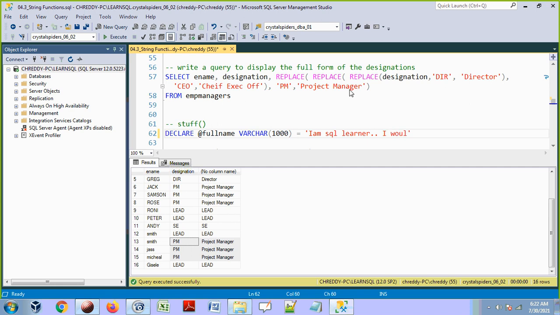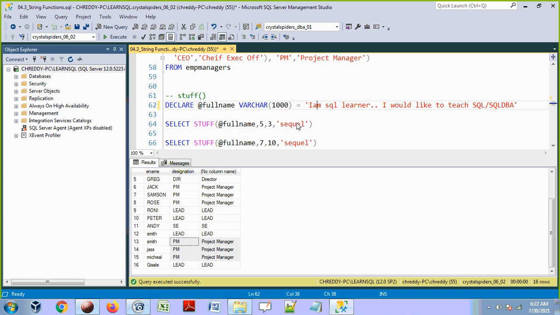So now I am going to put: I would like to teach SQL and SQL DBA. Capital letter, small letter, it doesn't matter. I would like to teach SQL and SQL DBA.